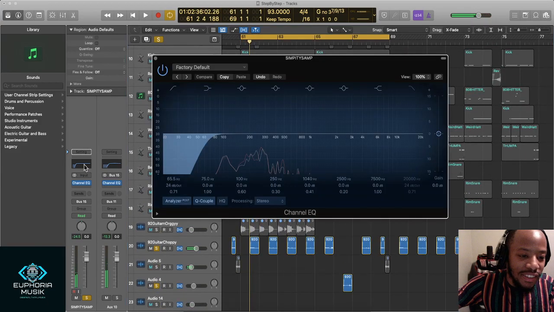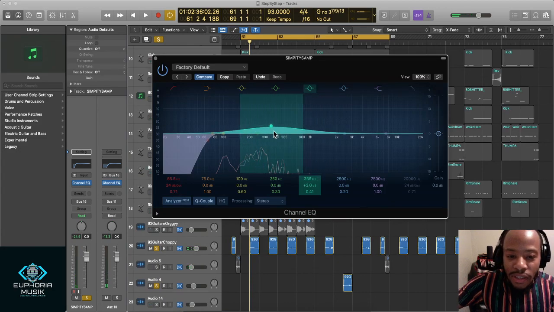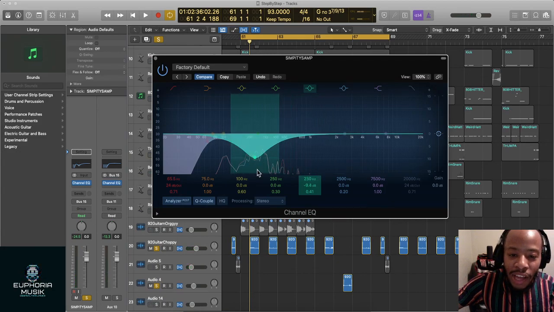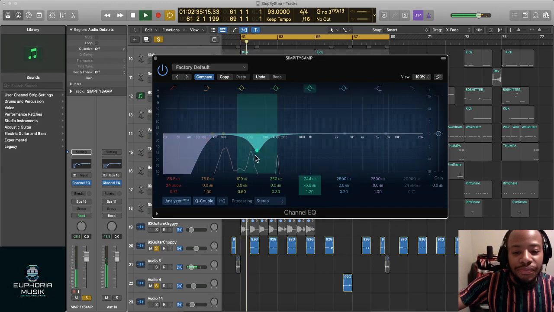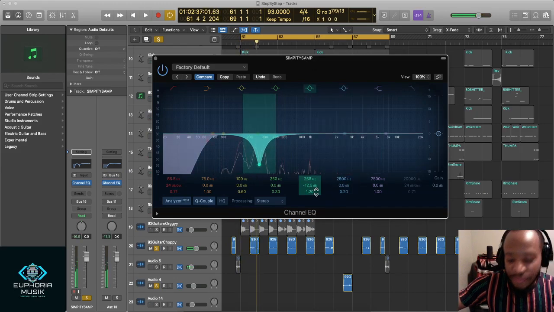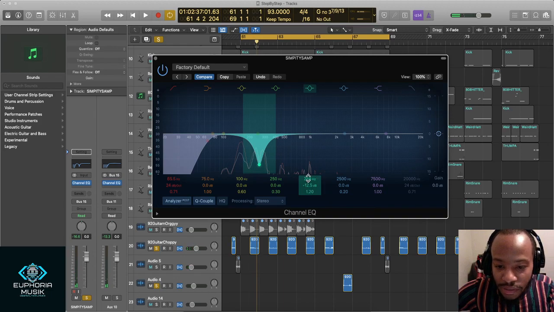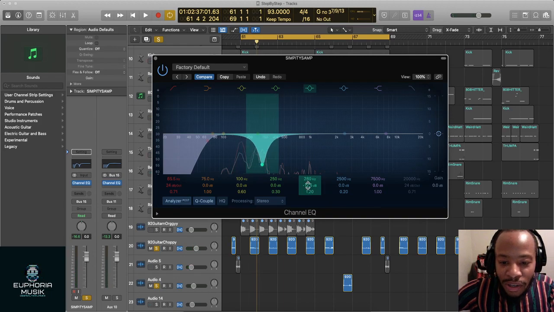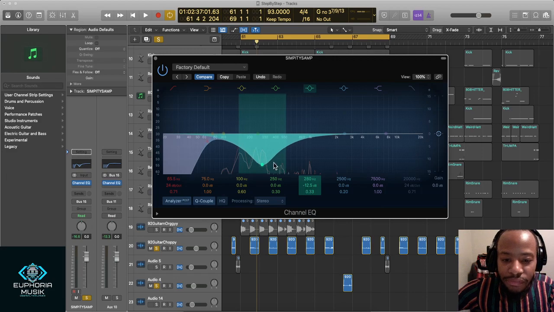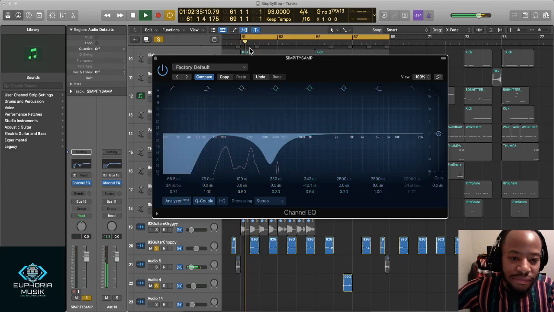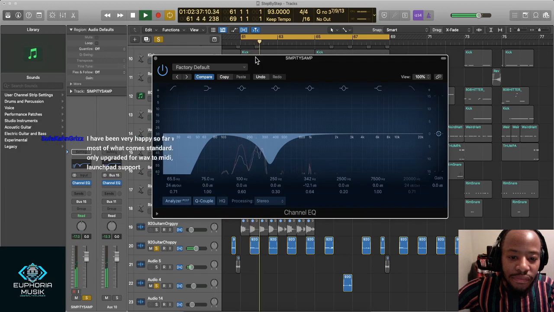Alright, so here we go. Let's say we can get wild, and I don't want all this body that's in here. I could take it out. So I would make this a little wider. Probably not that wide.